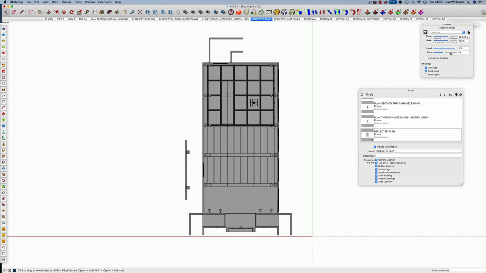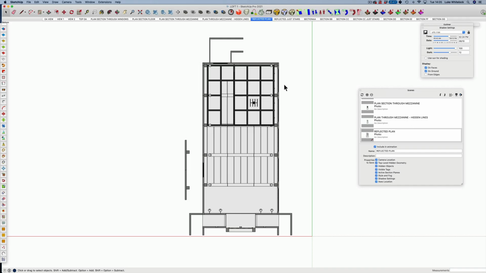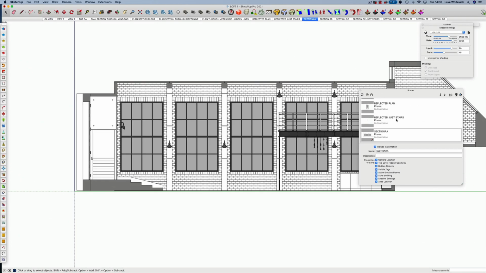So what we'll do is we'll take it up to about 72, and that just gives it some shade and helps it pop out from the page as well. So happy with that. Reflected just the stairs, don't need that. So section AA,